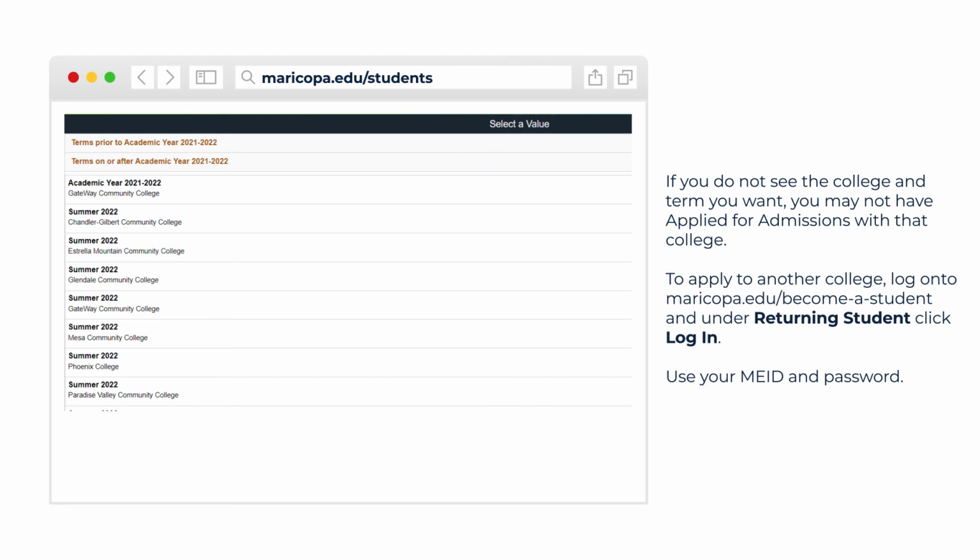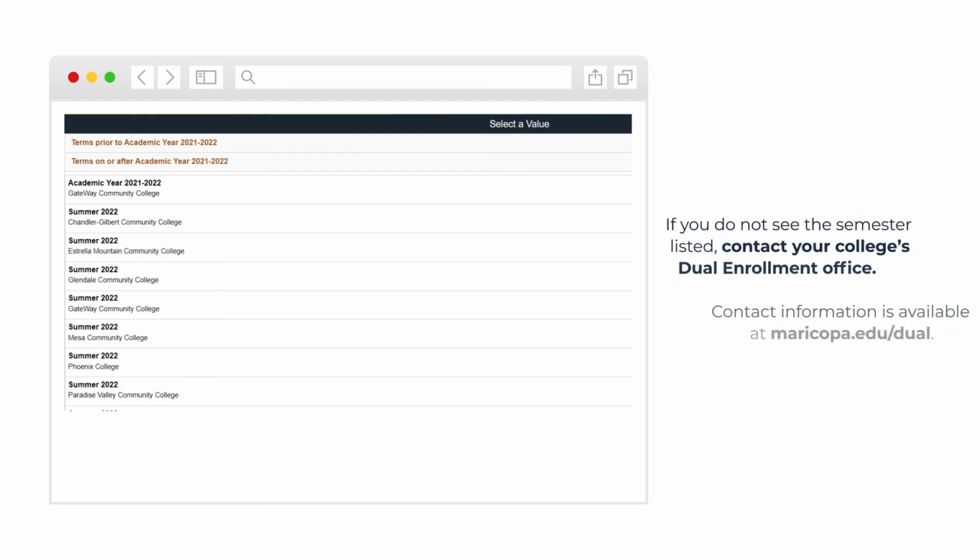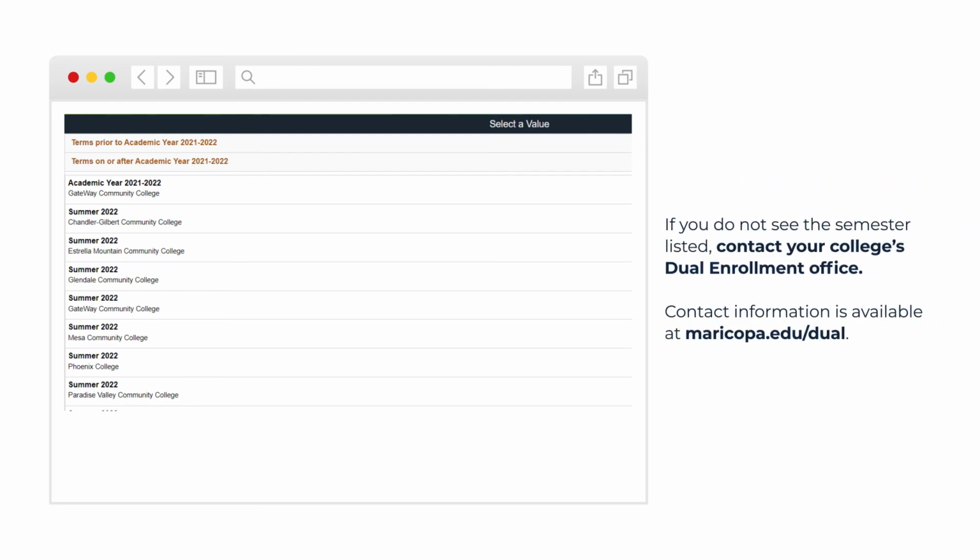If you do not see the college and term you want, you may not have applied for admissions with that college. To apply to another college, log on to maricopa.edu/become-a-student and under Returning Student, click Login. Use your MEID and password. If you do not see the semester listed, contact your college's dual enrollment office. Contact information is available at